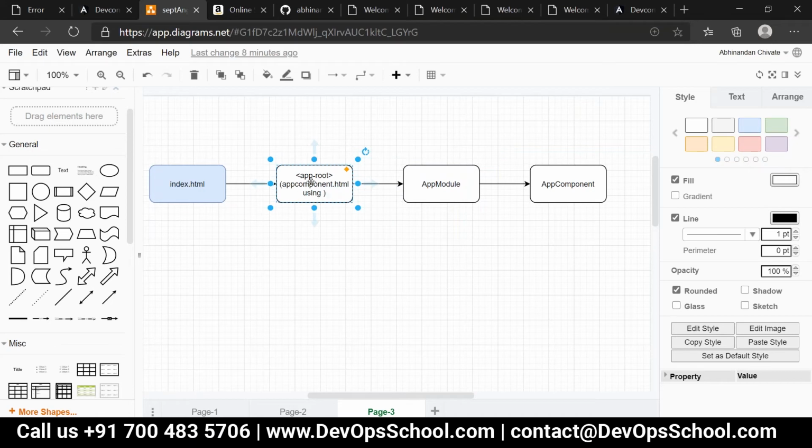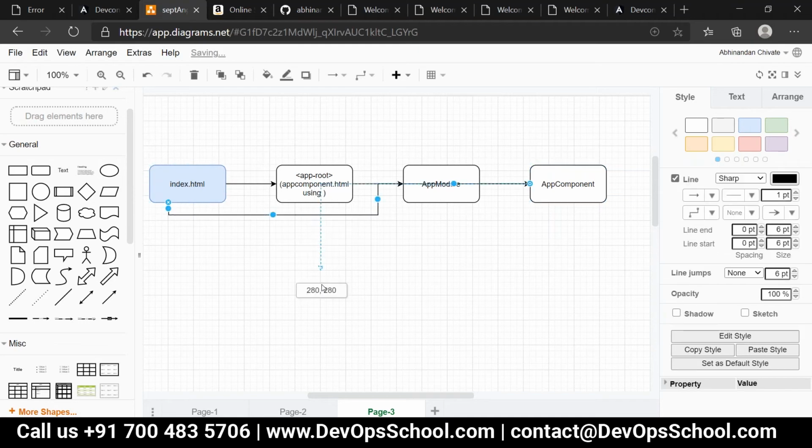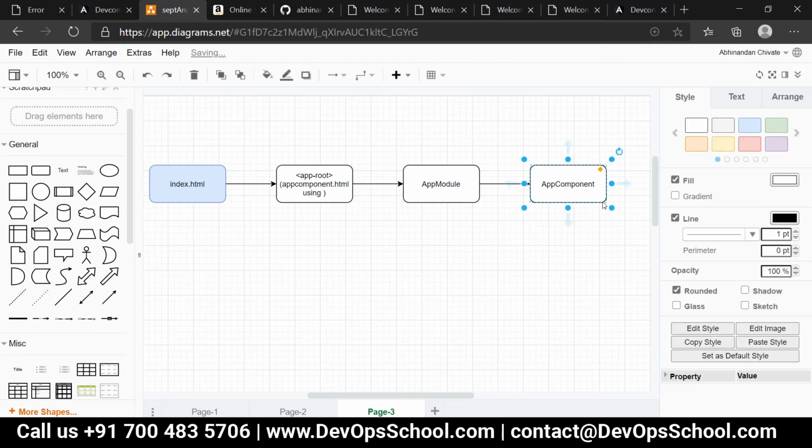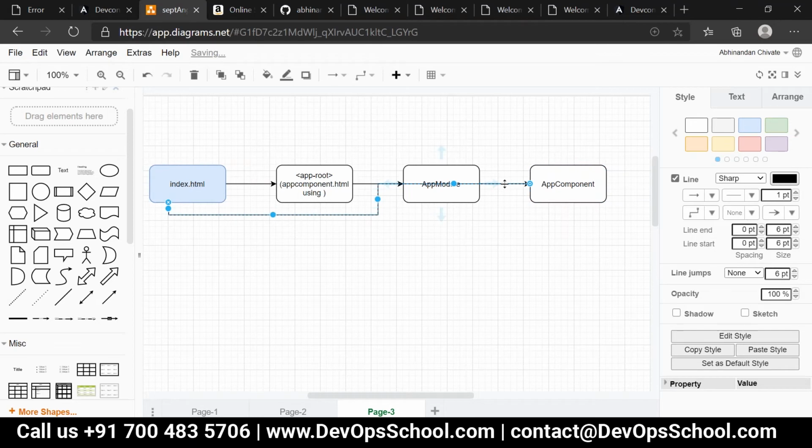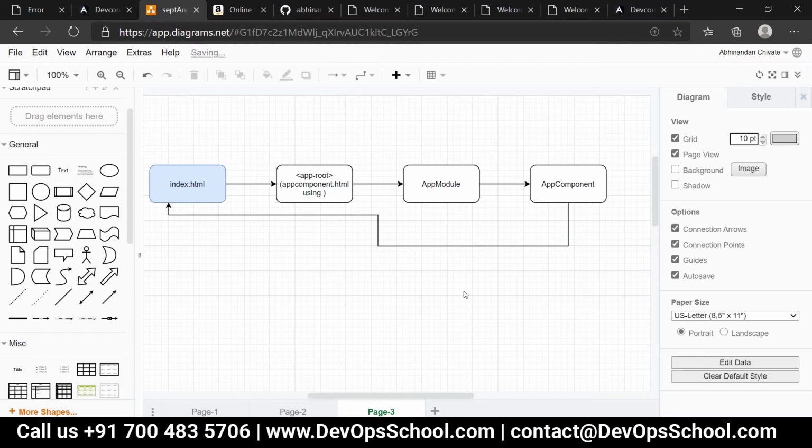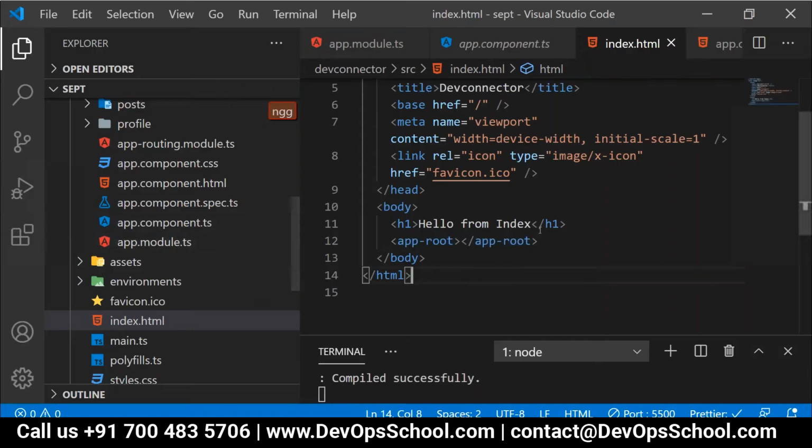So people, did you get the point or not? To understand, will this app root connect to your app module or not? Inside the app module, it will get to know about the app component, and then it will render the content of your app component.